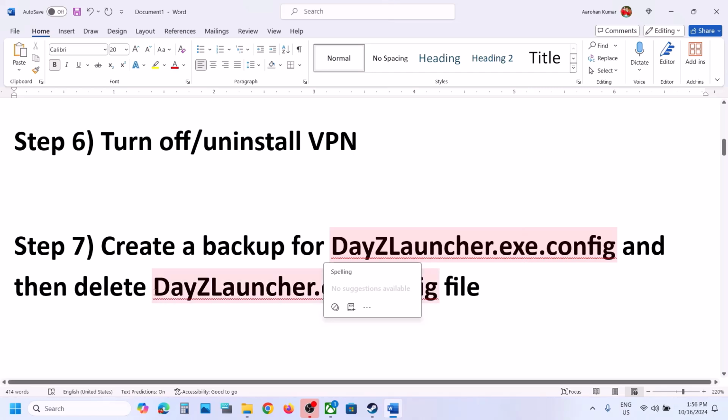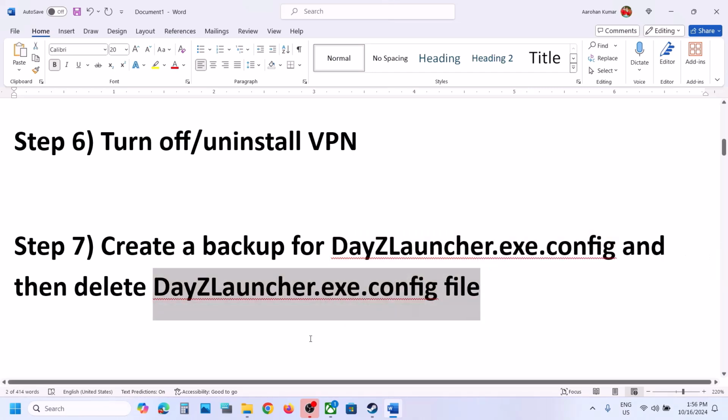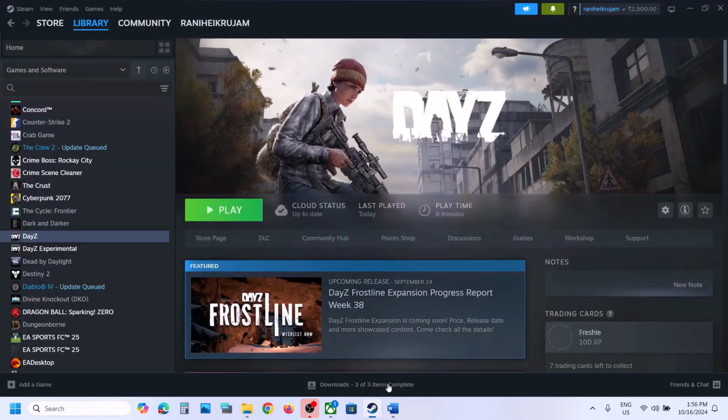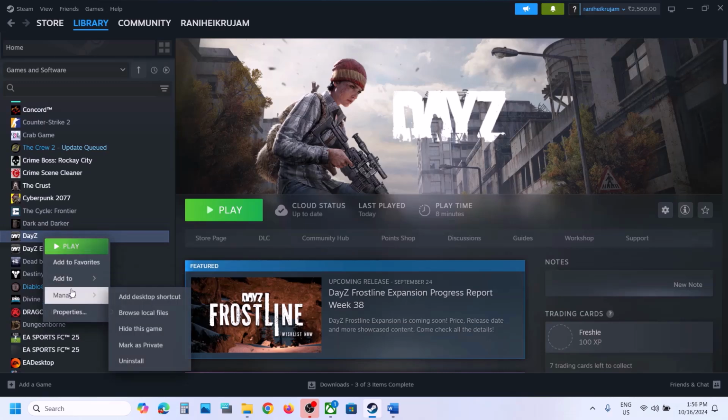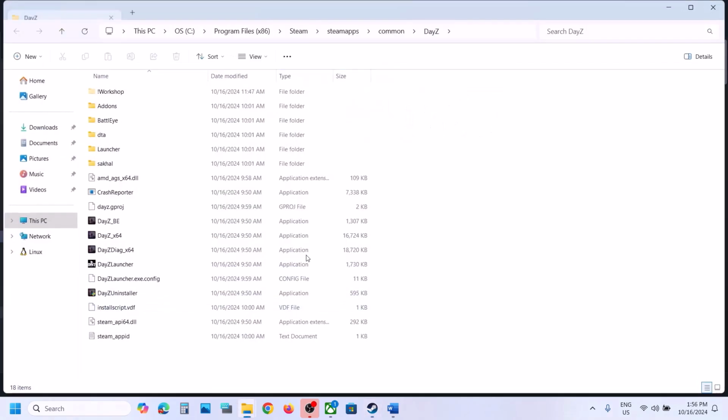Next step is to create a backup for DayZLauncher.exe.config file and then you can delete this file from the game installation folder. Now for this you can make a right click on the game, select manage, now click on browse local files. It will take you to the game installation folder. Here you can see